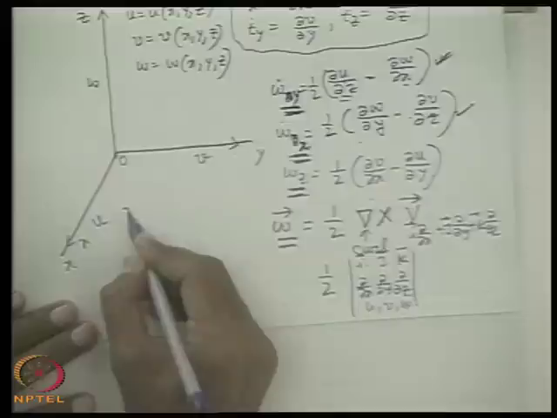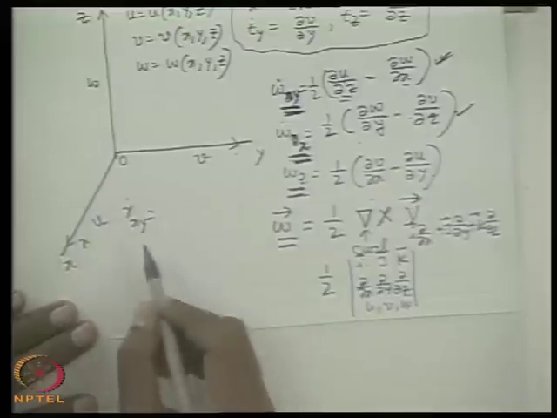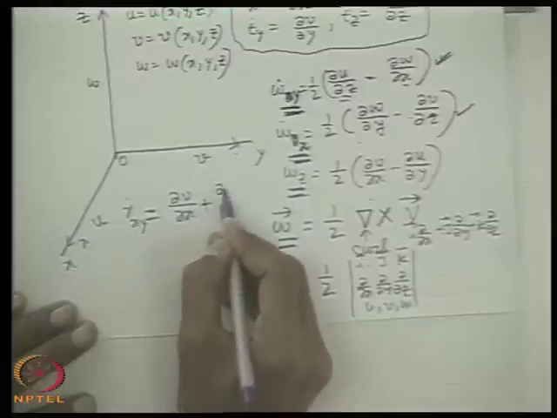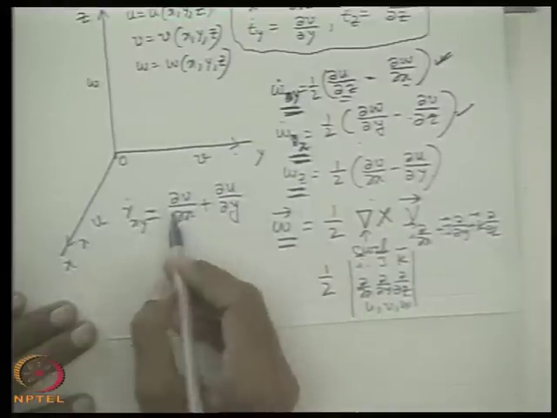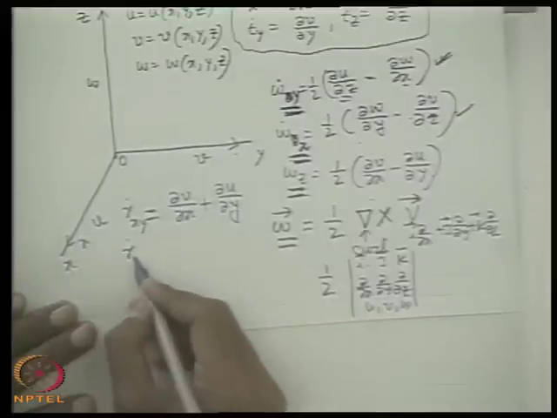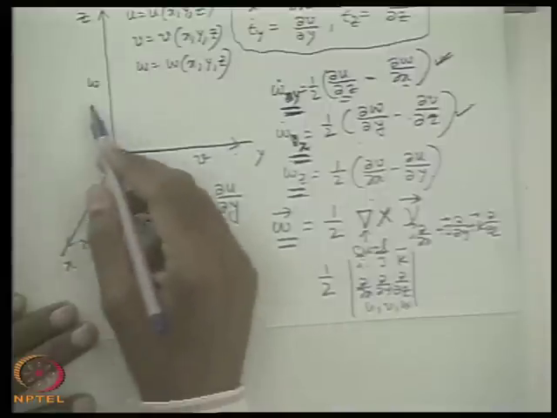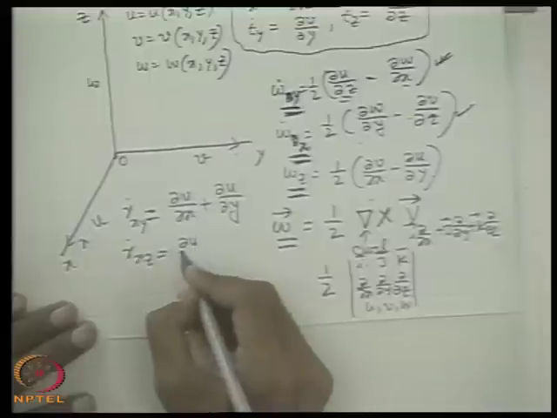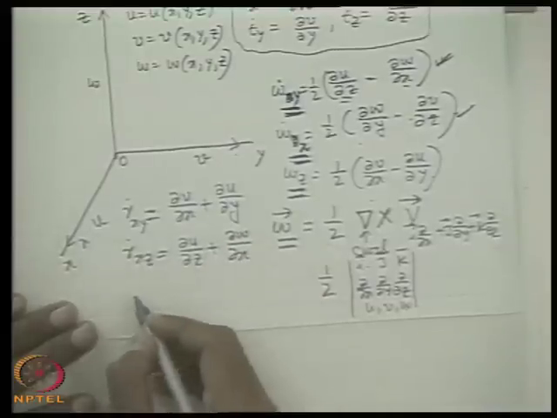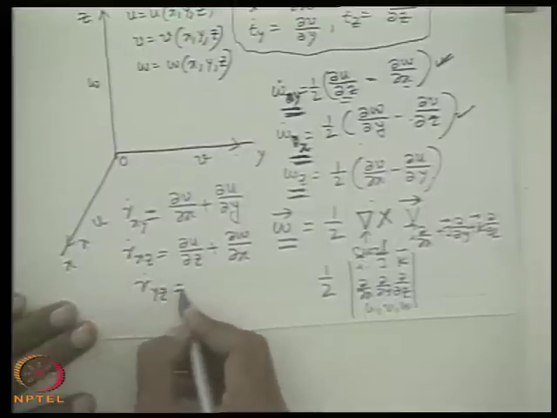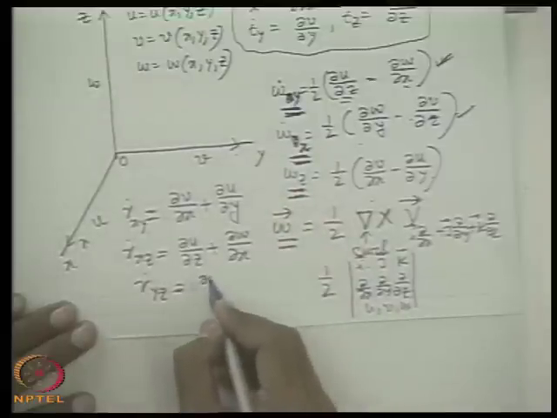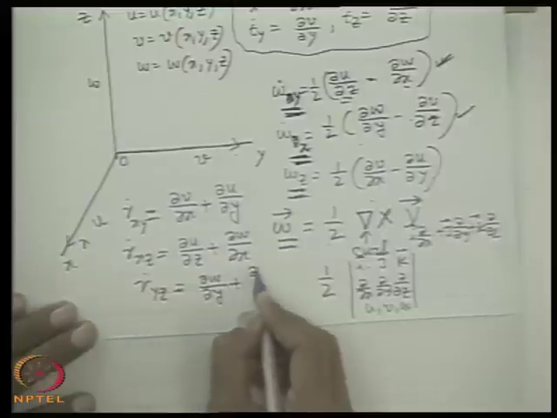Now similarly in this case there will be angular deformation in three planes, one in the xy plane. Here there is no problem because all are additive: del v del x, del u del y. So in the xy plane the deformation is responsible for the u, v velocities and their dependence on x, y. Similarly in the xz plane it will be because of w and u, and this will be the cross differential del u del z plus del w del x. Similarly for the yz plane, the deformation will be responsible for the y and z components of velocity, that means del w del y plus del v del z.